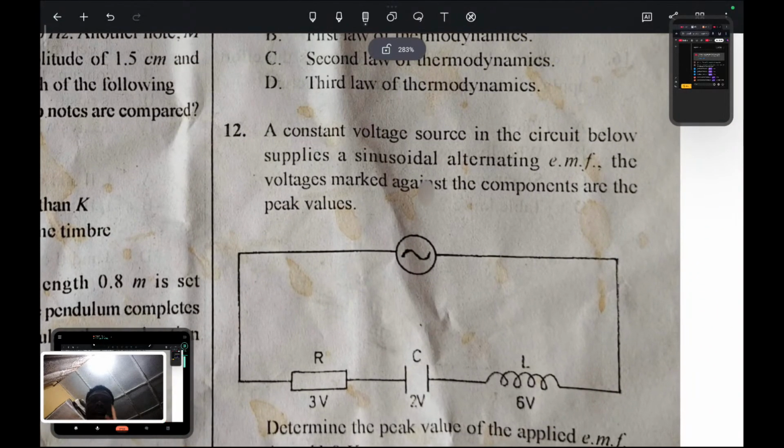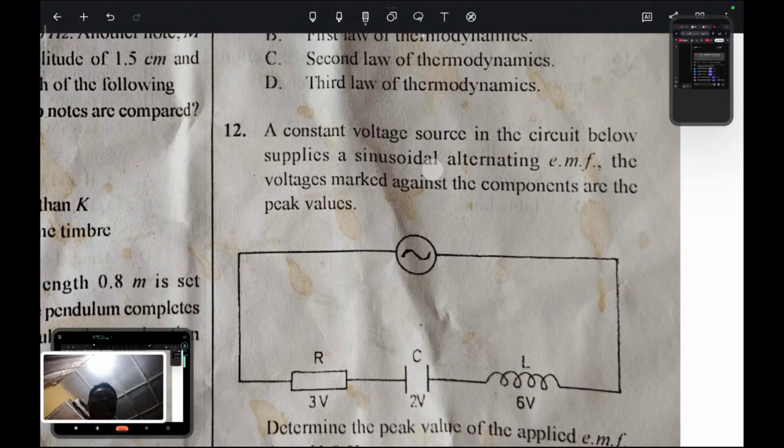Now let's look at question 12. In some schools, they might have ignored this particular topic, probably due to time factor. Okay, some schools are unable to cover their syllabus, and because of that, they will ignore some of these particular topics. A constant voltage source in the circuit below supplies a sinusoidal